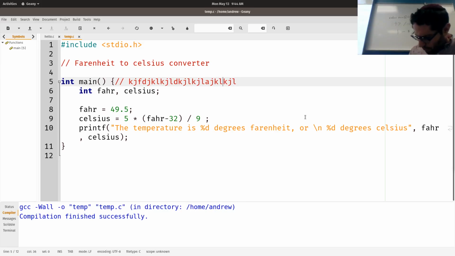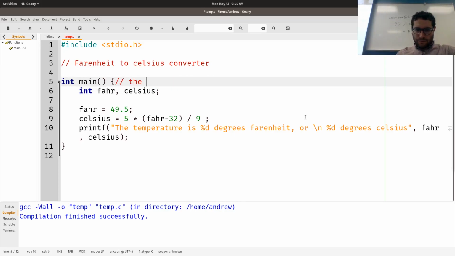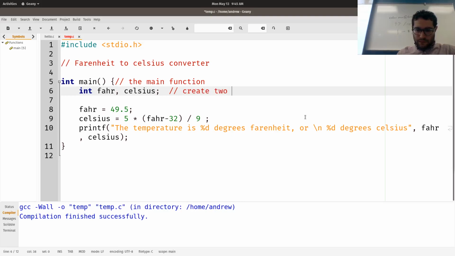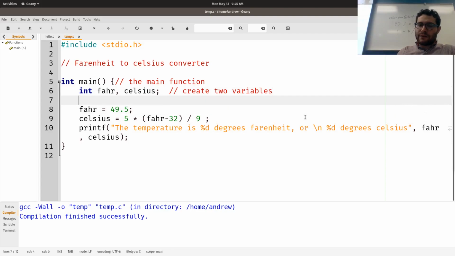It doesn't throw any errors when I try to compile it. Make sense so far? So there are ways to leave ourselves notes. It ignores everything after the 2 slashes.